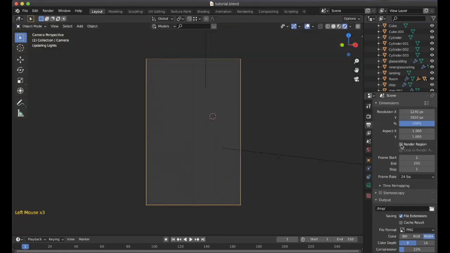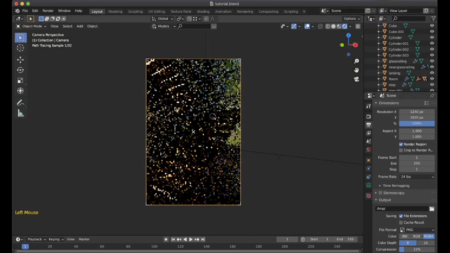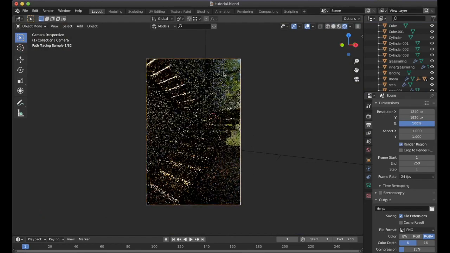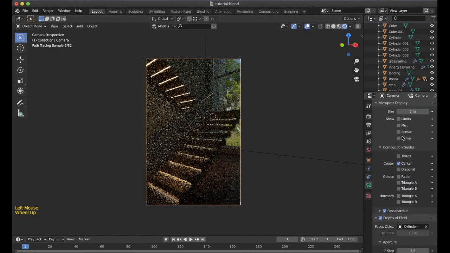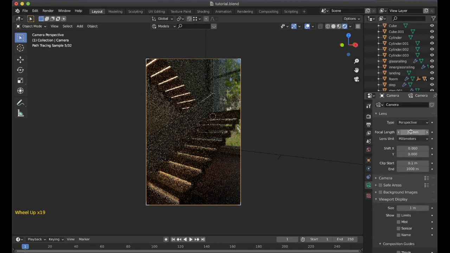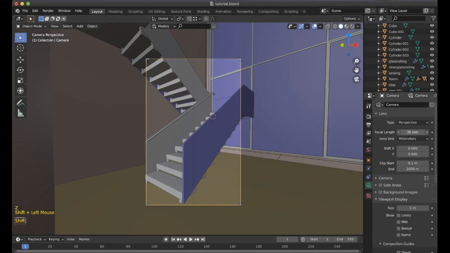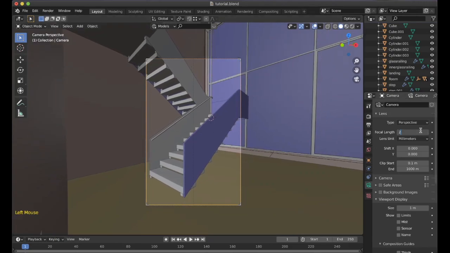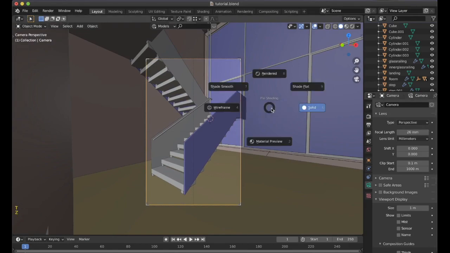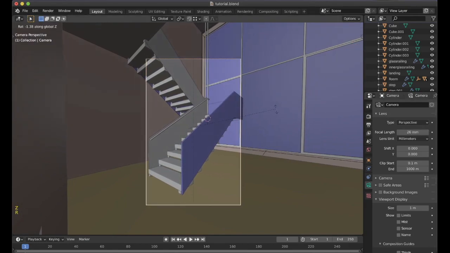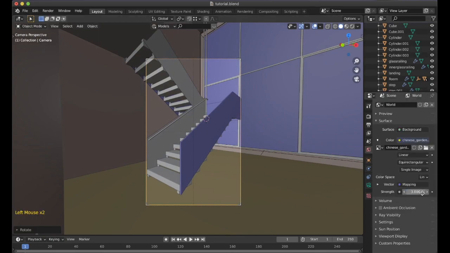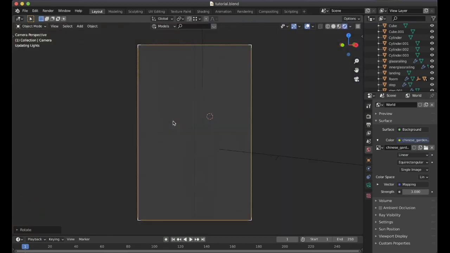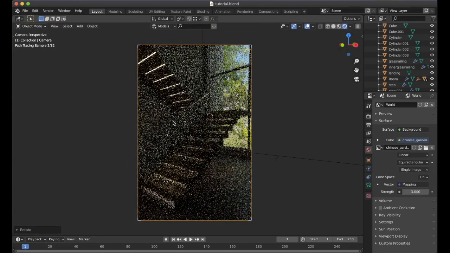I will limit the render to render region, so this way it can happen a bit more quickly. As you can see, I will zoom the camera a little bit out by basically changing the focal length. I will go to the solid view and maybe I will change it to 26, and then I'll rotate it. Also the environment lighting was a bit low, so I will change the strength to 3 maybe, and then we will see it again. This time it looks perfectly fine.